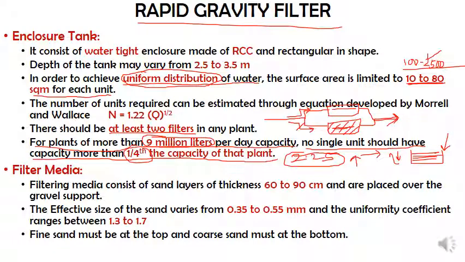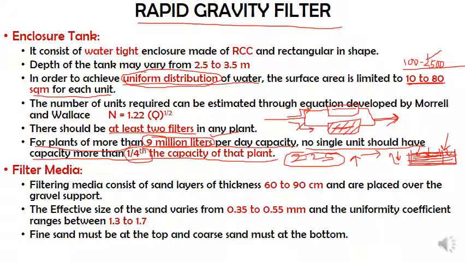If you try to pressurize these units by increasing the size, because you want more capacity, then there will not be any uniform distribution. Once the uniform distribution is not there, the entire working, as well as a few additional features it has compared to the slow sand filters, will be affected. Because of this, they usually provide this guideline.